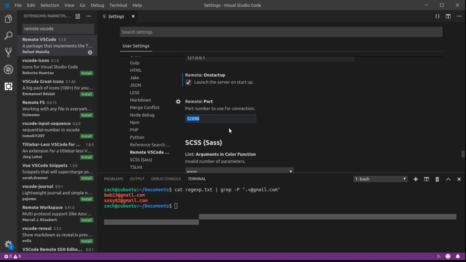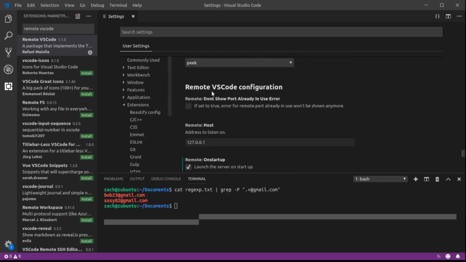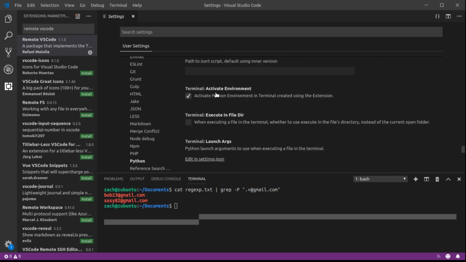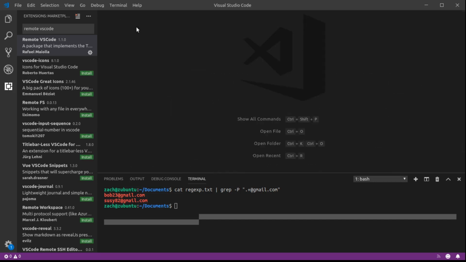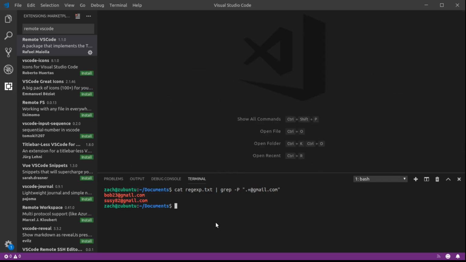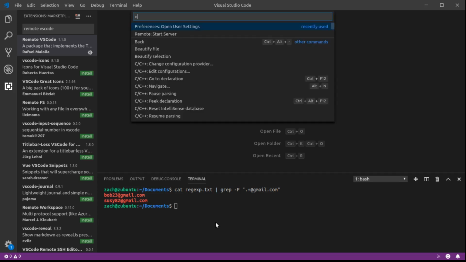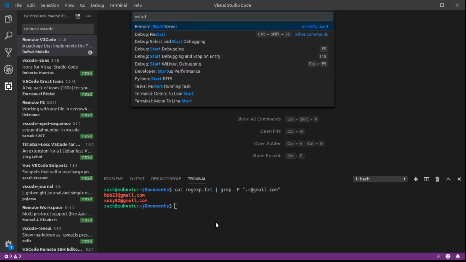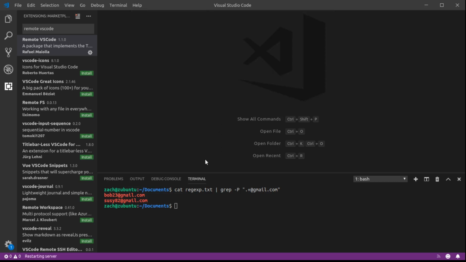So if you haven't set those up, do that, and then exit out of your settings, you might have to save it. I'm not sure. I think it auto saves, so you should be good. And at this point, you have your Visual Studio Code set up. The only thing left is Command P or Control Shift P, and then you want to type Start Server. So it'll say Remote Start Server, and I've already got it started, so it's just going to restart it, as you see in the bottom left there for a second. We are now ready to go over to our terminal